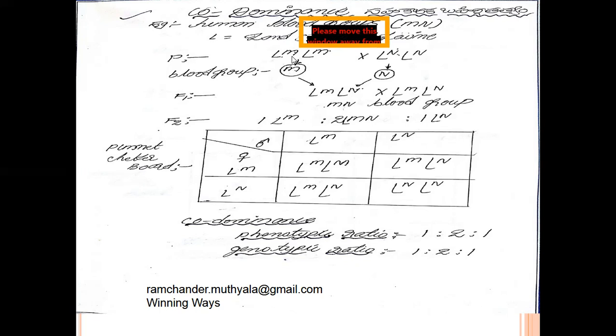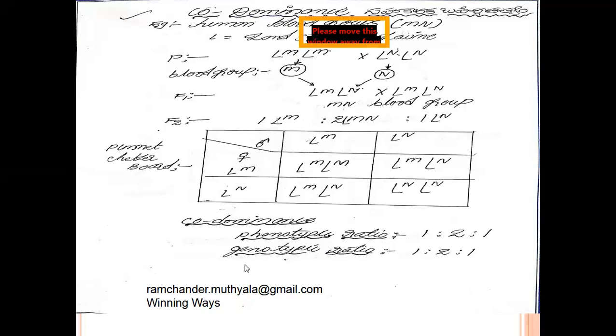Codominance means the capital M blood group cannot dominate the capital N blood group. At the same time, the capital N blood group cannot dominate the capital M blood group. They are in mutual understanding. They are in codominance. They can produce a new blood group in the F1 generation. They are called the M N blood groups. The M N blood group human beings are crossed with self-cross to form the F2 generation.